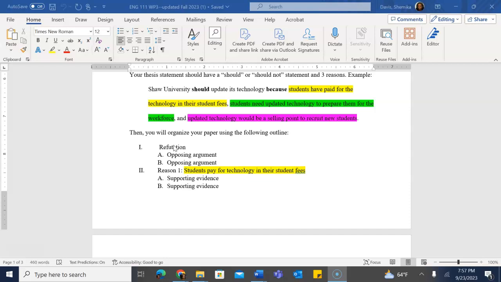Normally I always use the subject of abortion, and obviously we all know Ms. Davis does not allow you to use that topic in your paper, right? So if you're using that specific topic, or, well, again, you can't, right? But if I was using abortion as my topic, if I'm saying abortion is bad, my refutation obviously has to be that abortion is good, right? So that's the opposing argument.